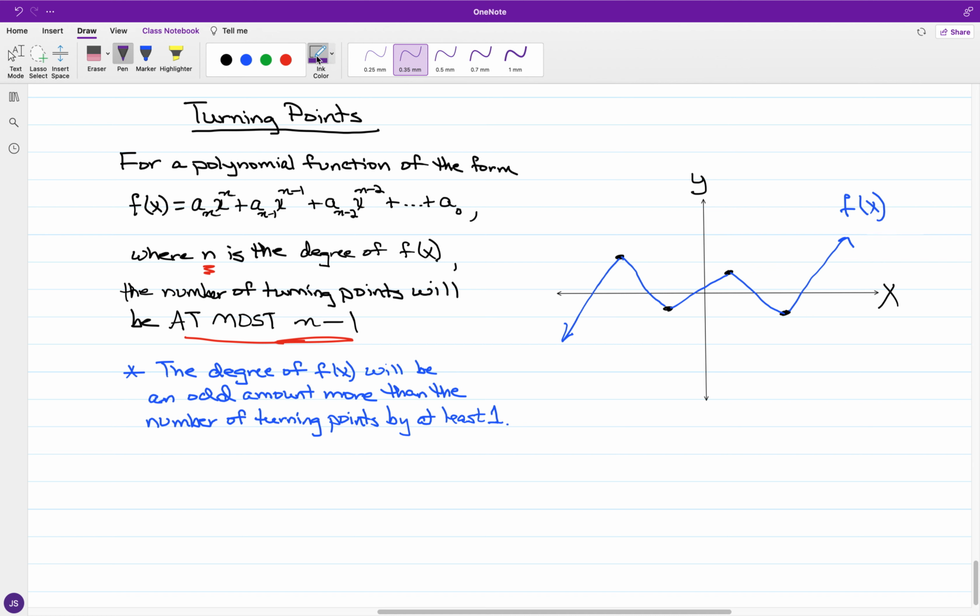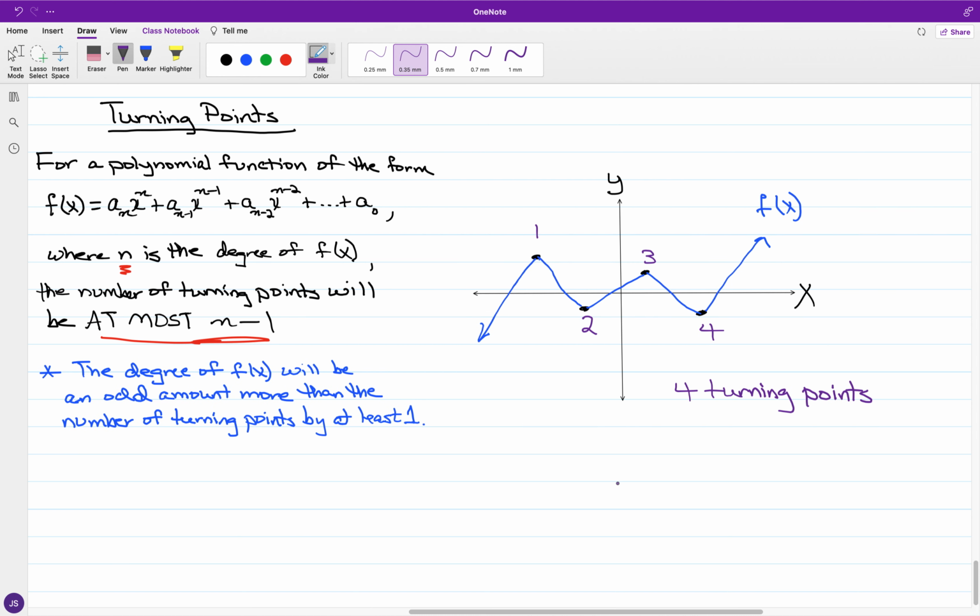Turning points would be the total combined number of relative minimums and maximums. So you're counting up the total number of peaks and dips, so to speak. If you notice, we're going to have 4 turning points here, and the degree of f of x could be, not that it will be, but could be